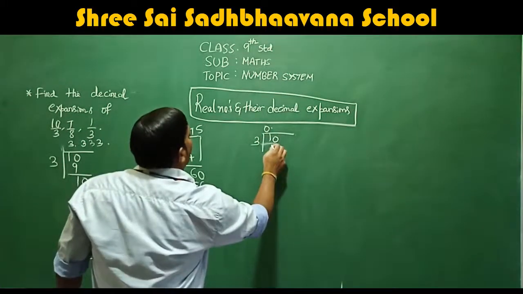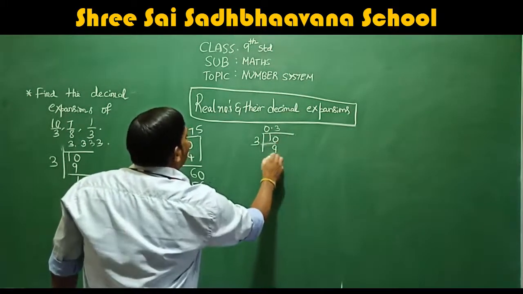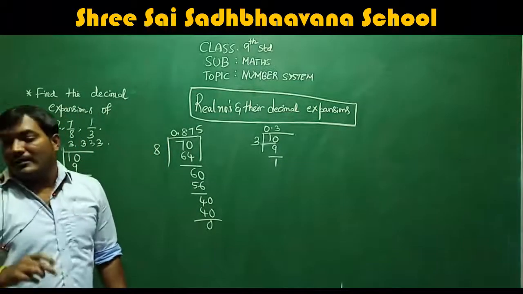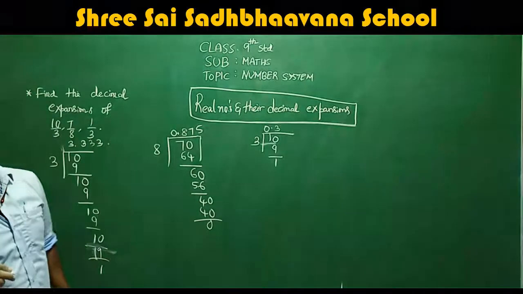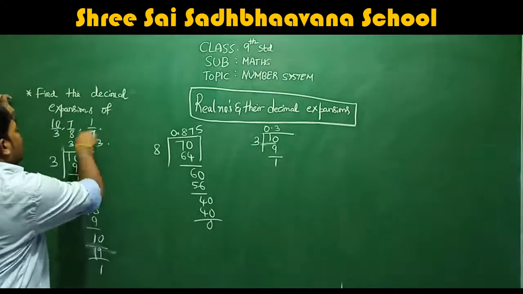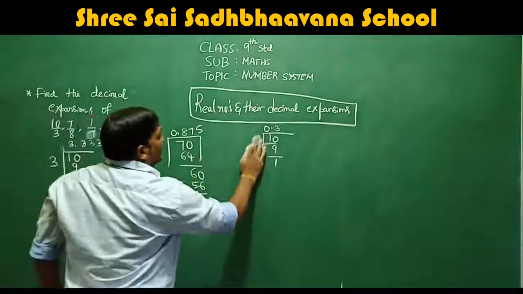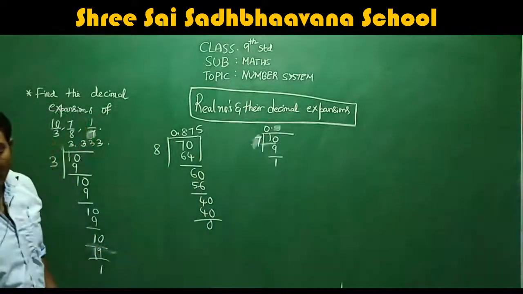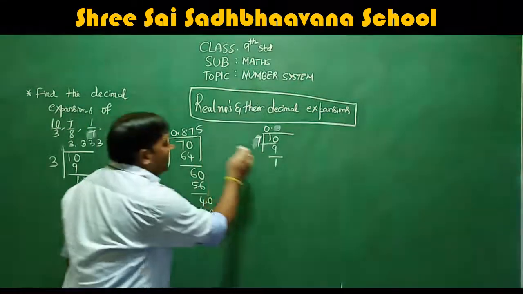Correct? So 3 threes are 9, isn't it? I think you just take it as 1 by 7, because 1 by 3 is the same as 10 by 3. Take 7, it will be easy, because with 7 only you will get the decimal, because 10 by 3 you will get the same